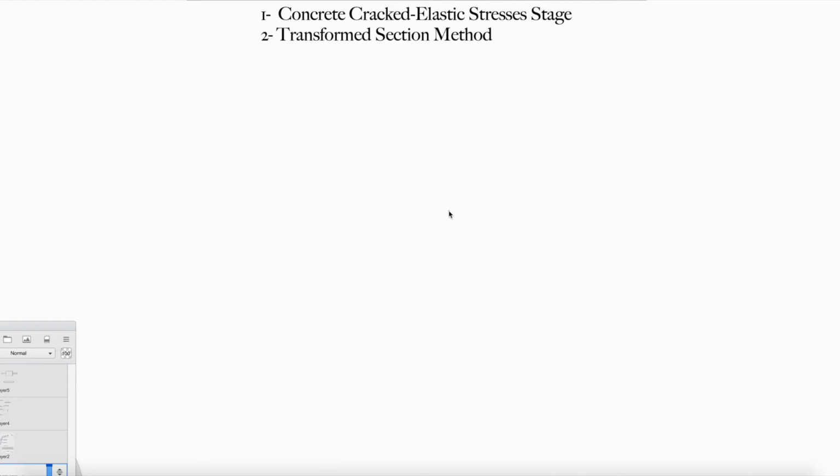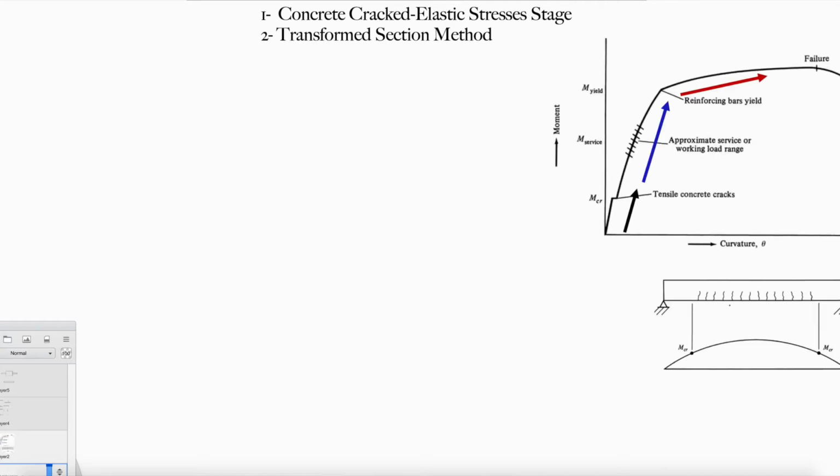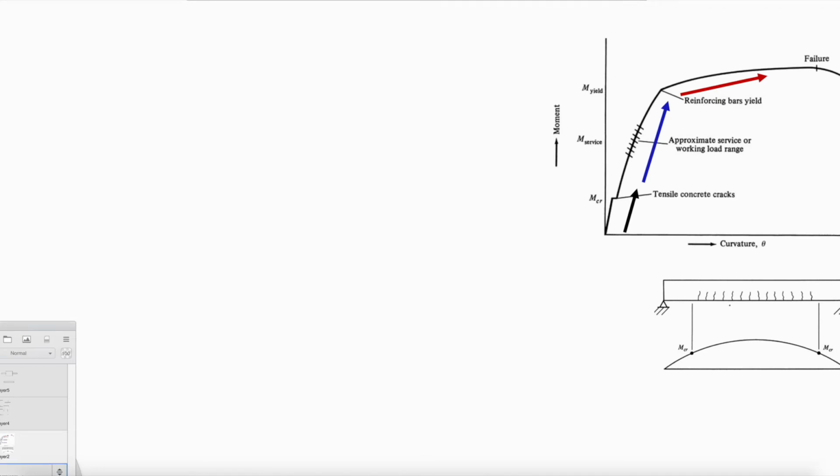One is the next stage from the cracking moment, which is called the concrete elastic stress stage, which is the M service. And we will also talk about the transformed section method. It's a method to compute the steel stresses and concrete stresses. So, talking about these two,